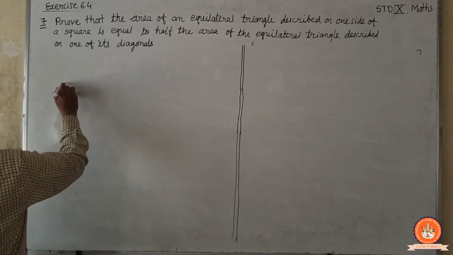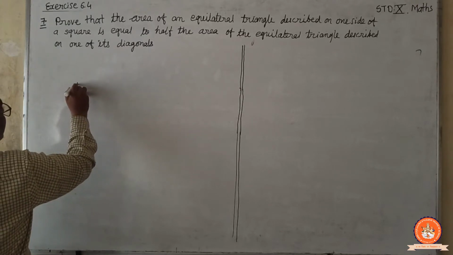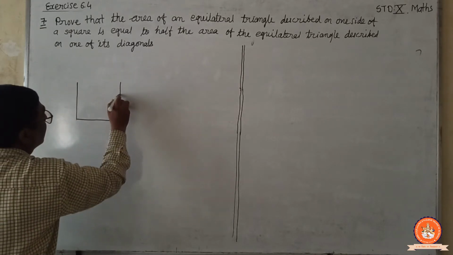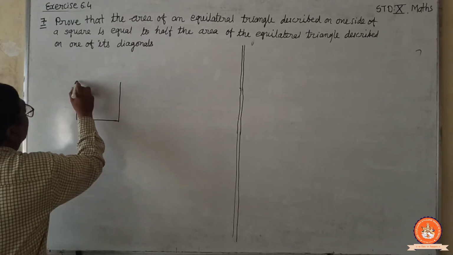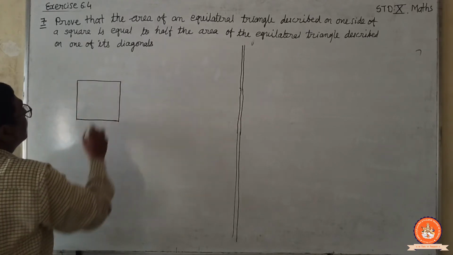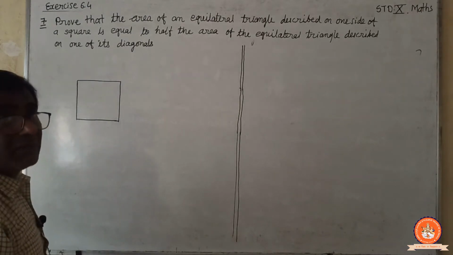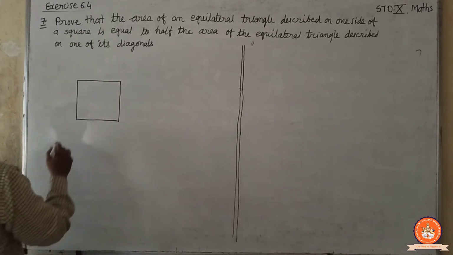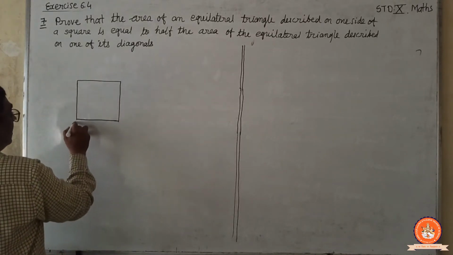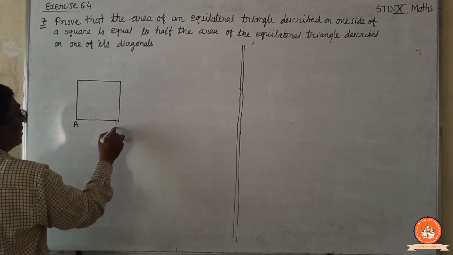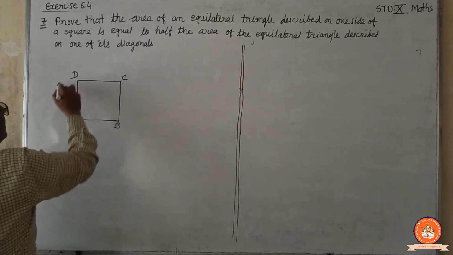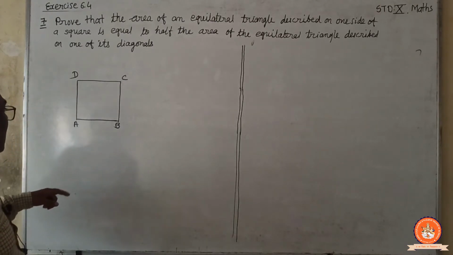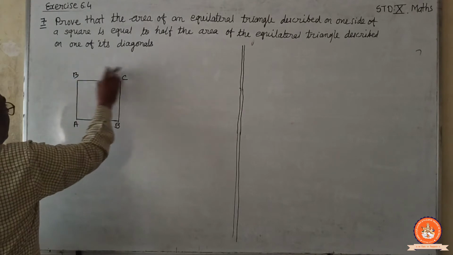So let us draw a square. A square is here. Look at it, a square here. So first of all, I will draw an equilateral triangle described on one side of a square. Okay, so you know that an equilateral triangle can be described if the length of one line segment is given. So I would like to describe this